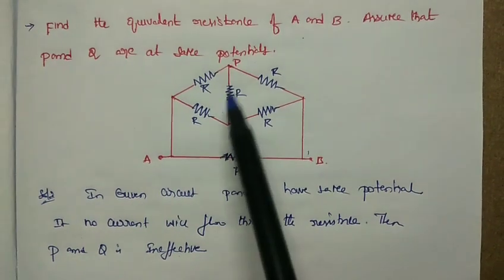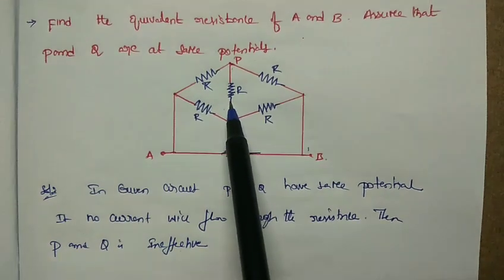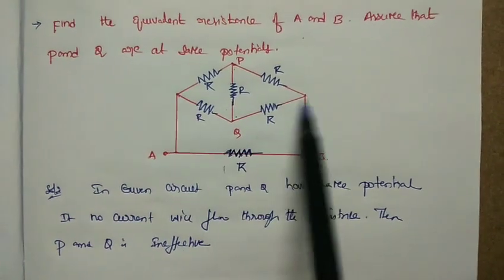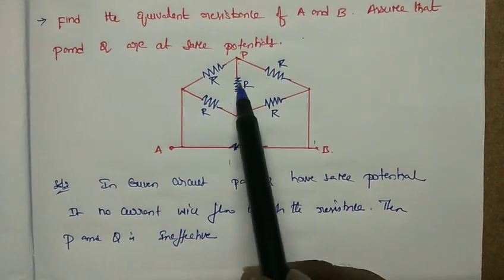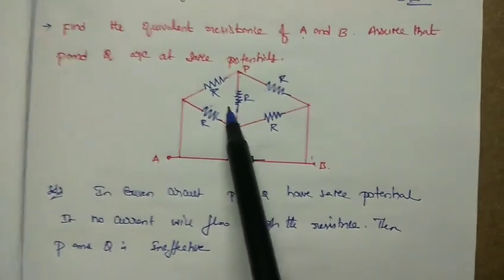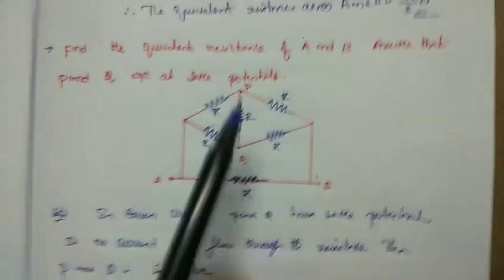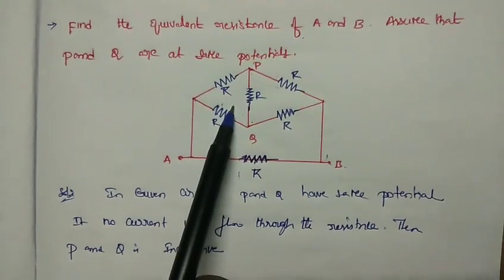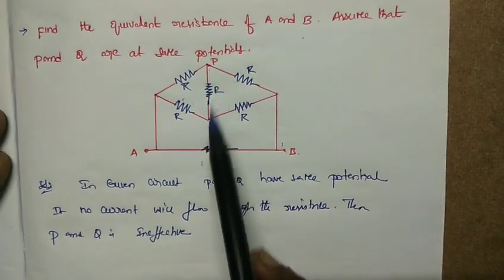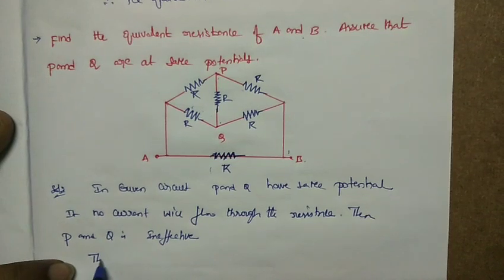Why are they ineffective? Because the same potentials are there, so no current will flow through this branch. If there is any battery connection, the current will flow like this and like this. So when it is in between the circuit, the resistance has no current because of equal potential. That's why this resistance should be neglected. Therefore P and Q are ineffective. Then the circuit diagram is